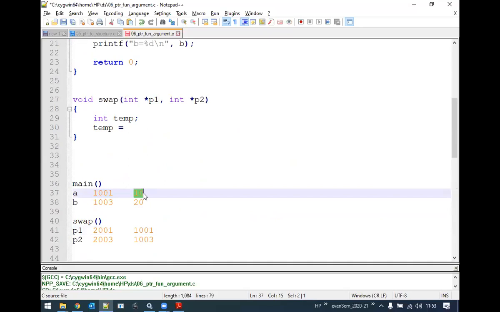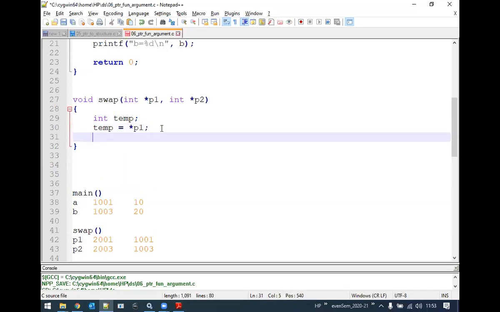So I'm doing an indirection operation, in the reverse direction. I want to access this 10 by using this memory address. So temp equals the value located at the P1 address. P1 contains 1001 and *P1 means the value located at 1001. What is that value? 10. So now 10 gets updated to temp.